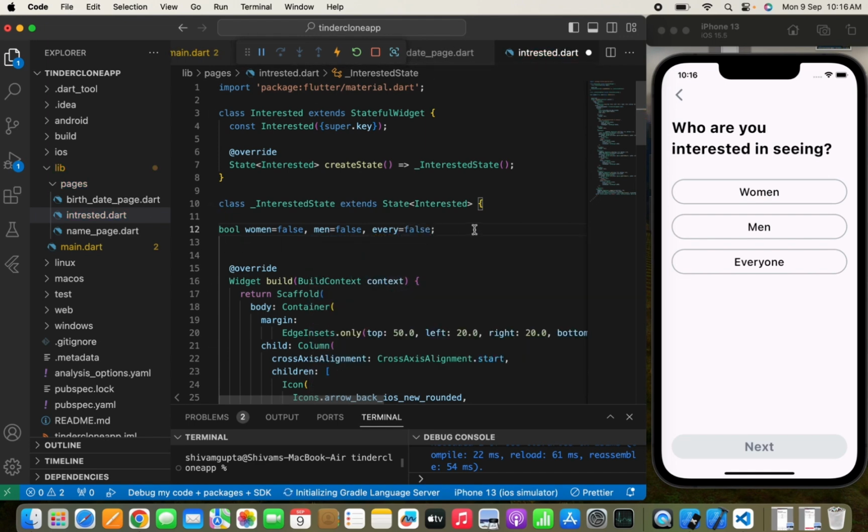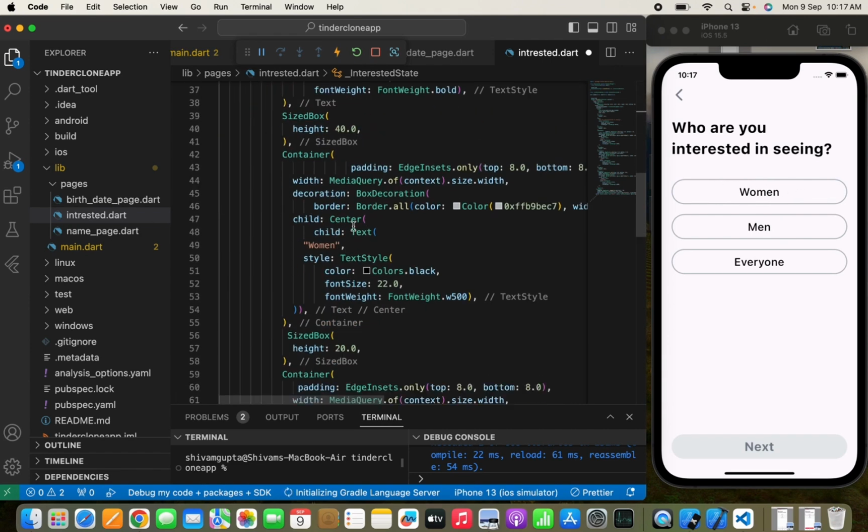So here we have passed three boolean variables, which are woman, men, and everyone. So here when the user taps woman, it will change to true, and by changing it to true, we can show a different border color over here. So here I need to first pass, if woman is true, then we are going to show the